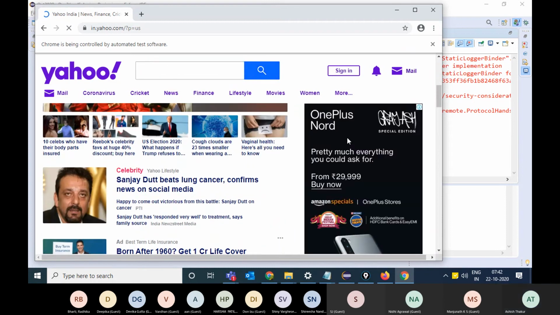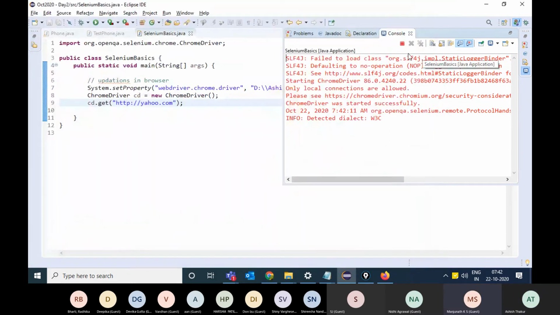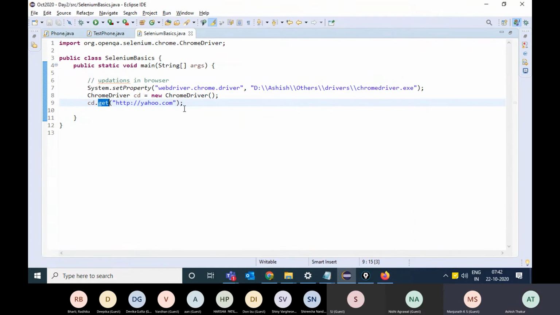Ashish, how do we know that we should use .get to open the browser? That comes from documentation, I will tell you. But this is just an example which I'm giving you.